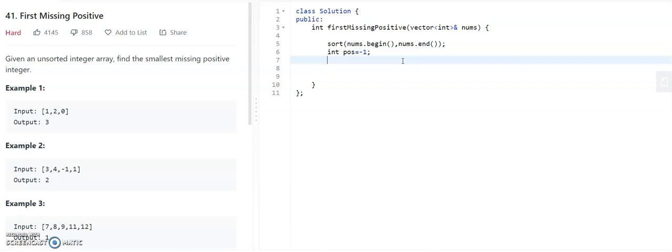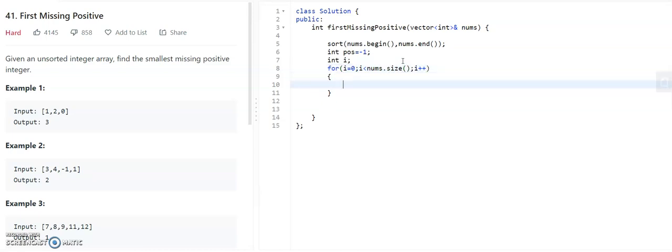Let us initialize position as something. Then let us take i. Then we will search for the first positive number in the array. If nums of i is greater than 0, that means positive, position is equal to i, then break.